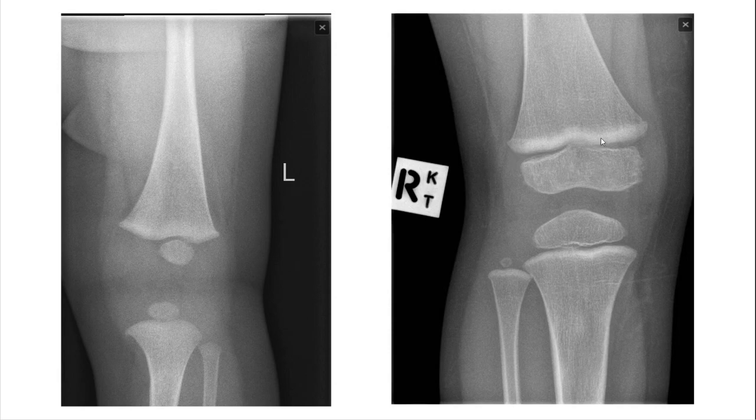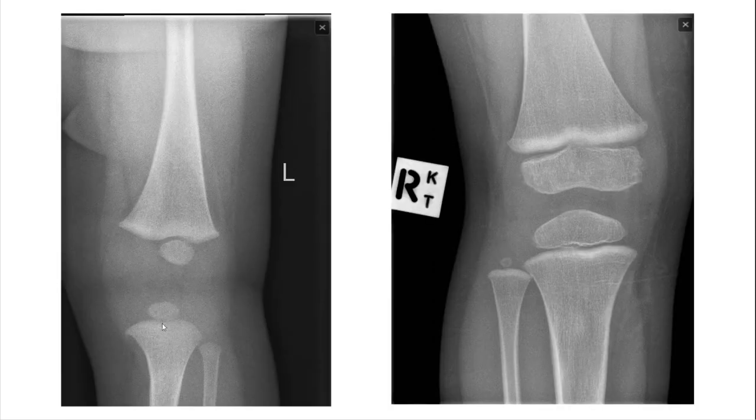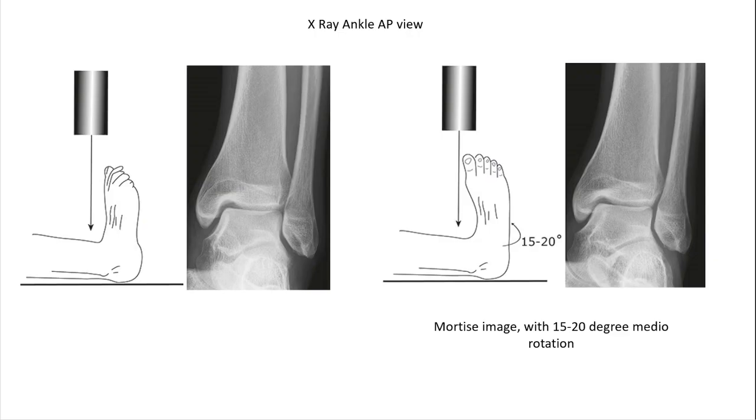This is the epiphyseal cartilage, because cartilages are radiolucent, they do not appear on X-rays. And you can see the upper end of tibia also has not fused with the upper end of shaft. The secondary center of tibia has not fused with upper end of the shaft, and this is the secondary center for upper end of fibula. So this is of a newborn child, this is of a child in the first year of life, this is of a child in the third to fourth year of life. Okay, then coming to the X-rays of ankle.